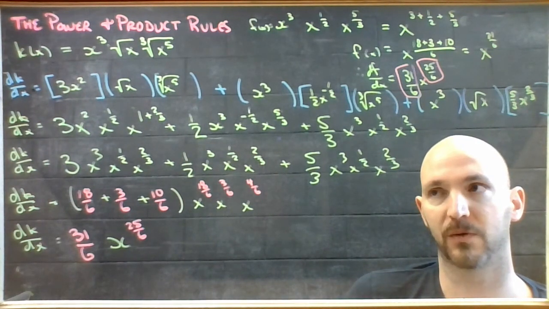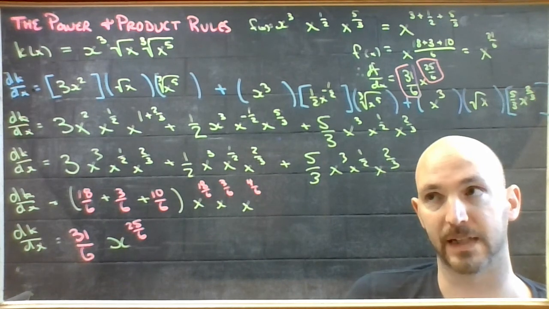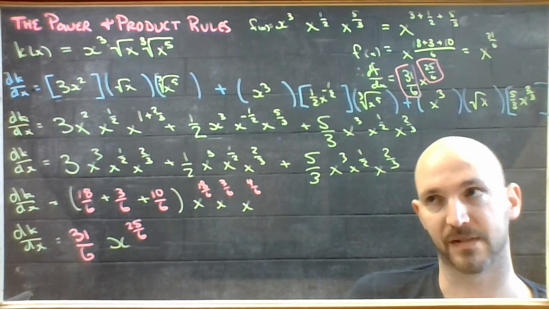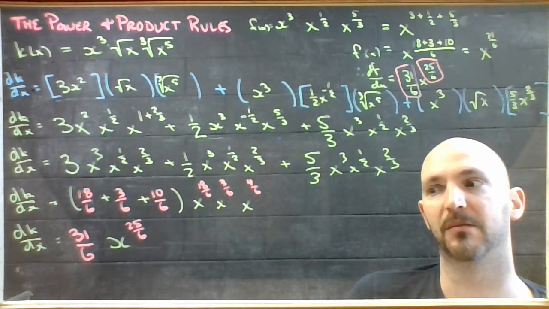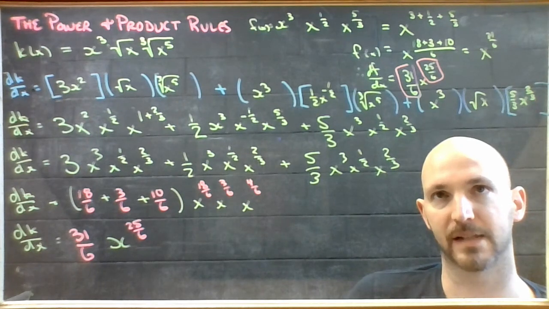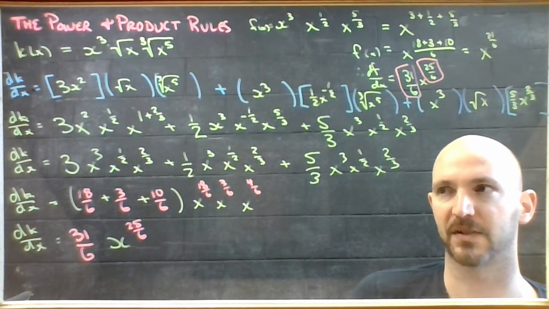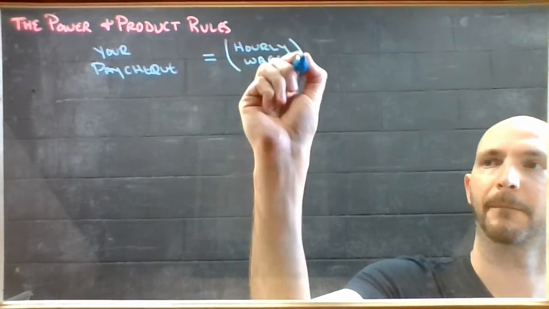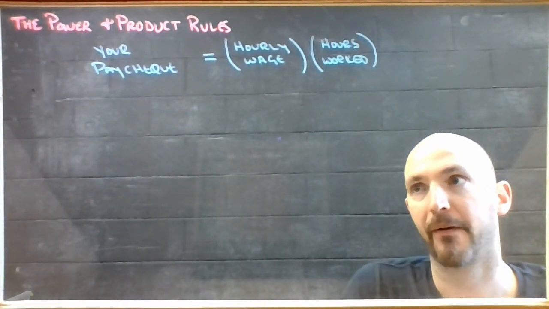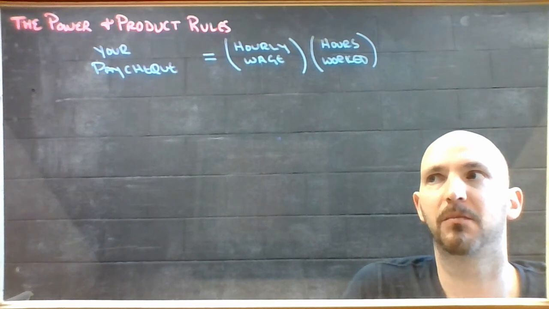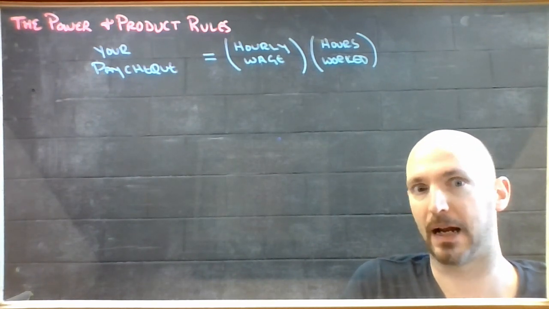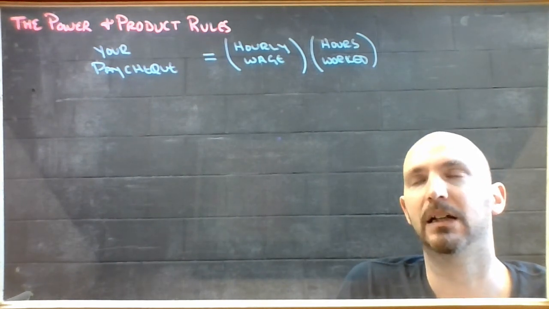So hopefully you've got power rule under control as far as doing it. You can take a read through the algebraic proof if you like to see how this plays out that way. I'm going to try and erase this and give you a little bit of a physical justification for why this is working the way it does. Okay, so to try and break this down with no algebra, no math, allegedly, we're going to start out with